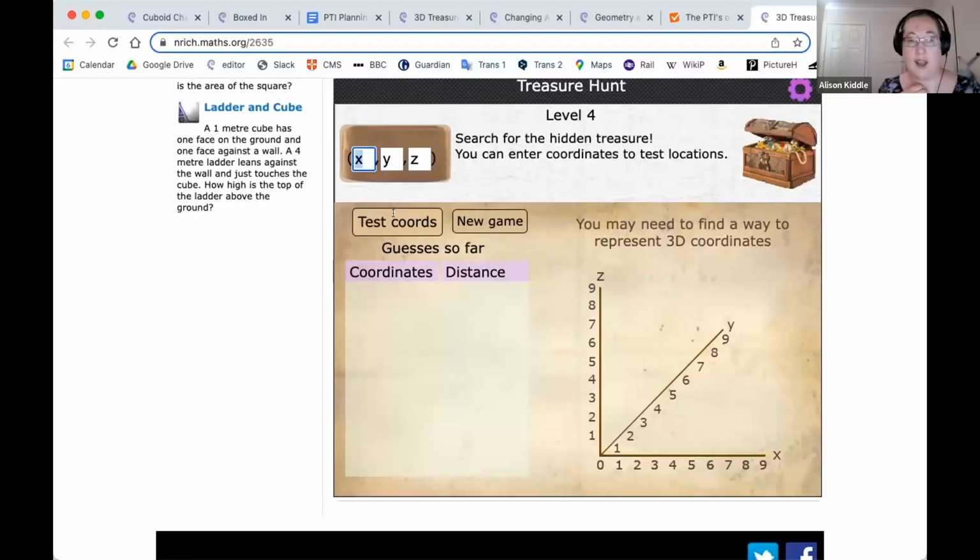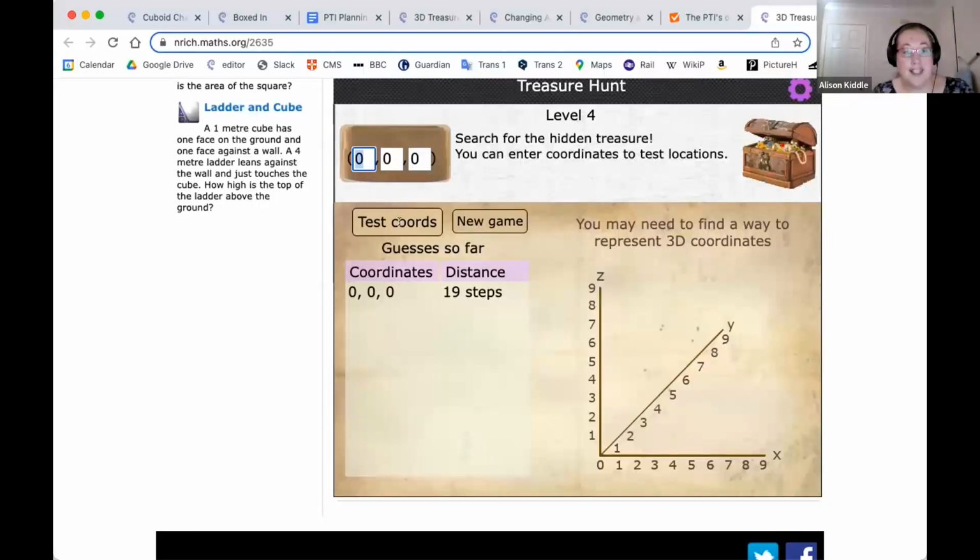So you've got 10 values from 0 to 9 that can represent each thing. So there's actually 1,000 places that the treasure could be hidden. And we have to try and narrow it down as quickly as possible. So can you just put in the coordinate 0, 0, 0, Charlie, just so that we can see what happens? Because I might decide, well, I'm just going to start in the bottom corner, and it tells me that I'm only 19 steps away from the treasure,